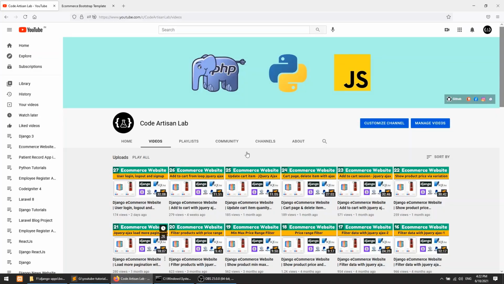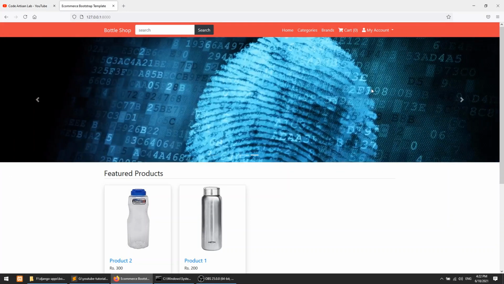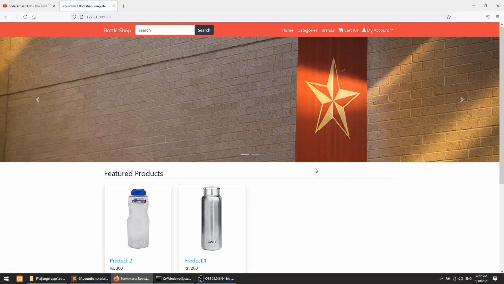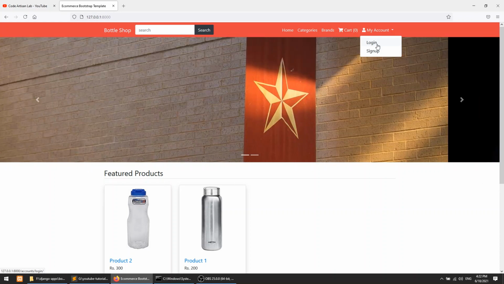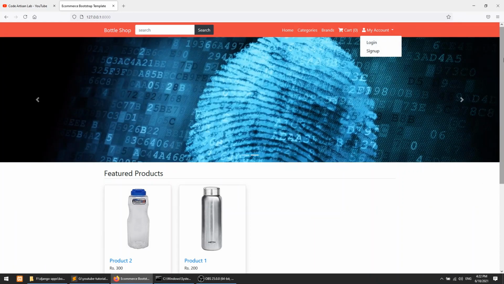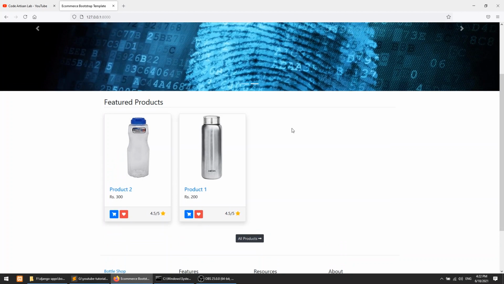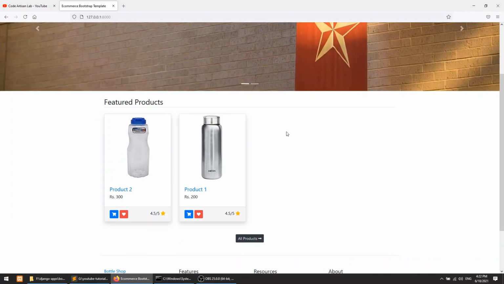Till now we have created the cart section, and we are adding the data and doing all the things: filtration, brands, category, all the things. And in the last video we created the user section, where we implemented login, sign up and log out. Now we will implement checkout. So the first task is to create a checkout page.